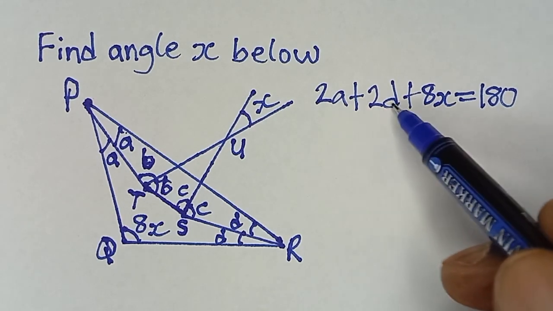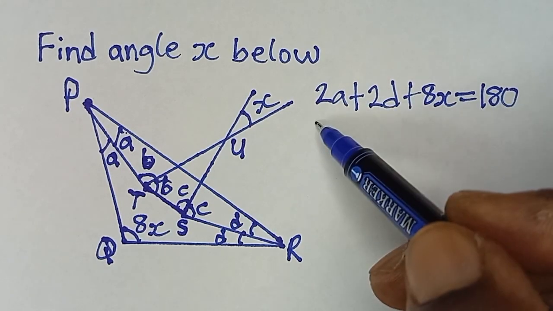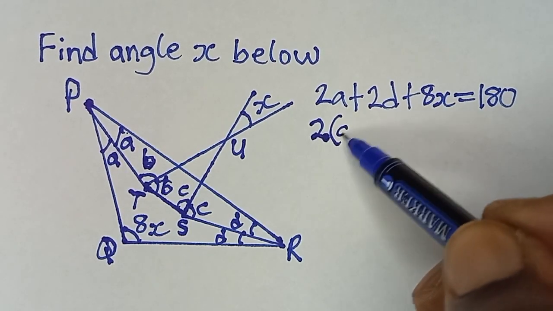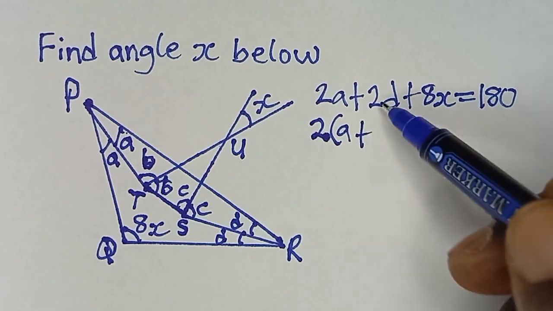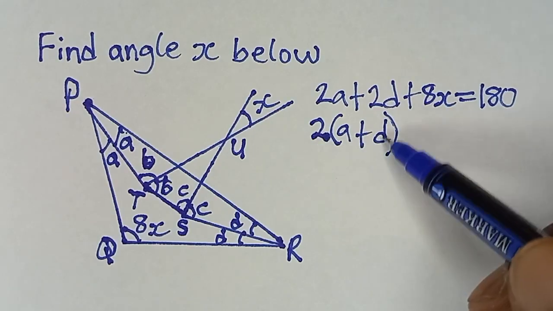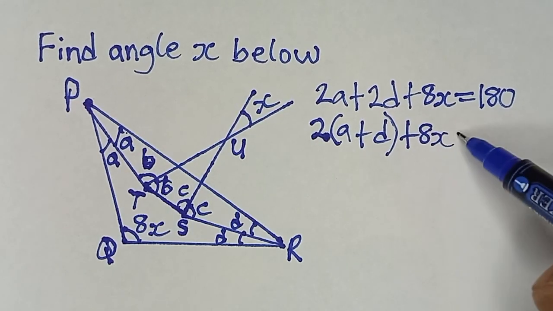So I can factorize this because 2 is common to them. So I can simply take 2, and then I have A, because 2A divided by 2 will give me A, and then 2D divided by 2, I'm left with D. So that when you expand this, it takes you back to this. And then plus 8x is equal to